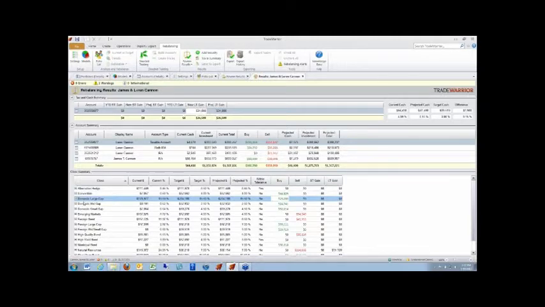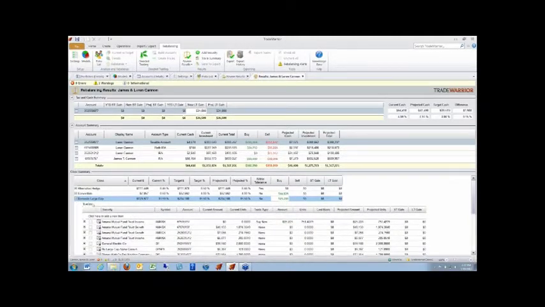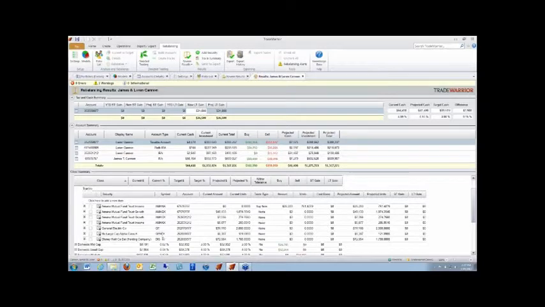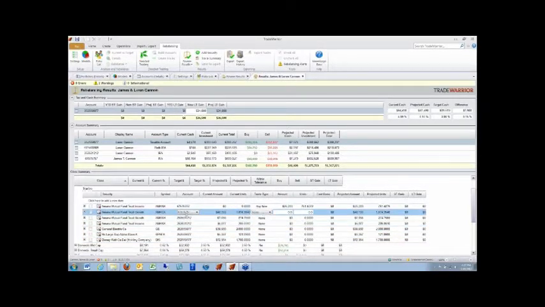If you want to see the trade detail, you just hit this little plus button next to it, and that will expand the trade detail for, in this case, domestic large cap. If we scroll down here just a little bit, you can see it's going to list all the securities. But if you look here at the trade type, there's actually no trades happening for most of these securities that this client owns. But since we were a little bit underallocated, the system went back to the model, chose what was most underallocated,